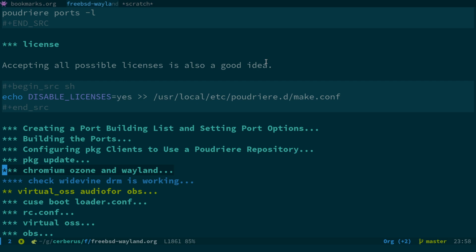And what happened was I kept running poudriere to build the port, and it kept saying ignored. So I had to look at the log file, and it was basically complaining about the license. Because it's a sort of proprietary thing, Widevine, DRM, it's got a license. So what you have to do is echo disable licenses equals yes into /usr/local/etc/